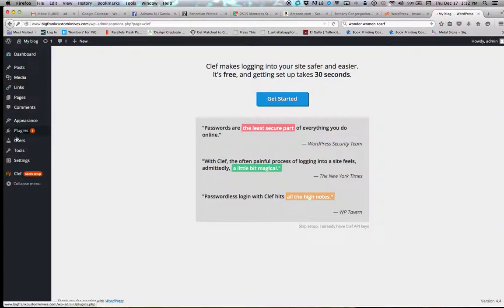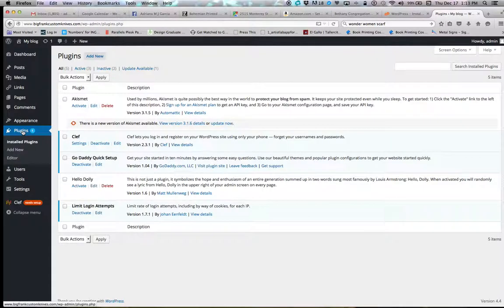And what you will need to do is make sure that all the plugins you were using in your other site, the one that you can still access via the school, are installed on this site. So you can go in, add new plugin, search for the plugin that you're using, make sure it's active on this site. And then when you're ready, you're going to go to Tools and